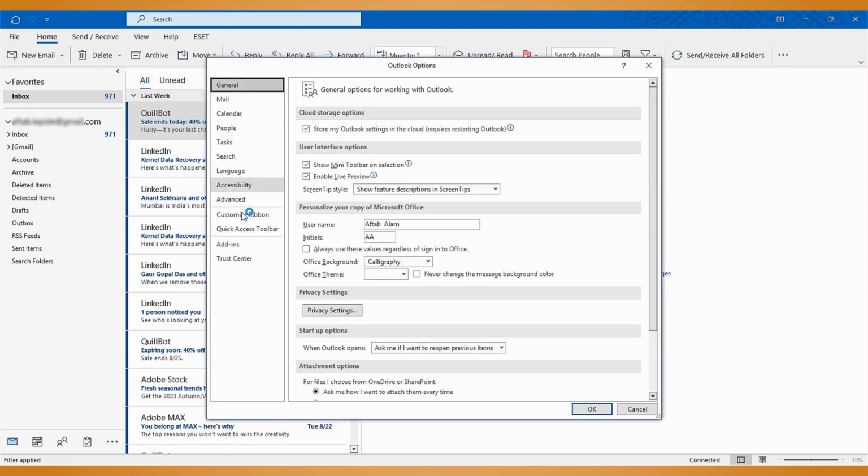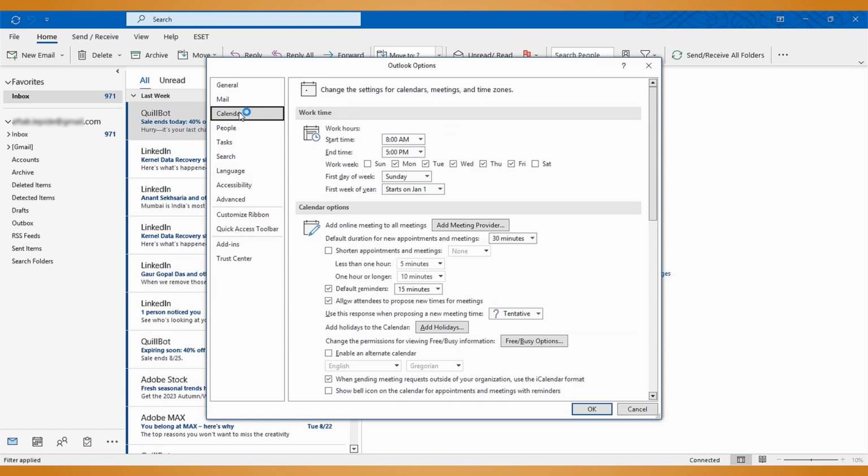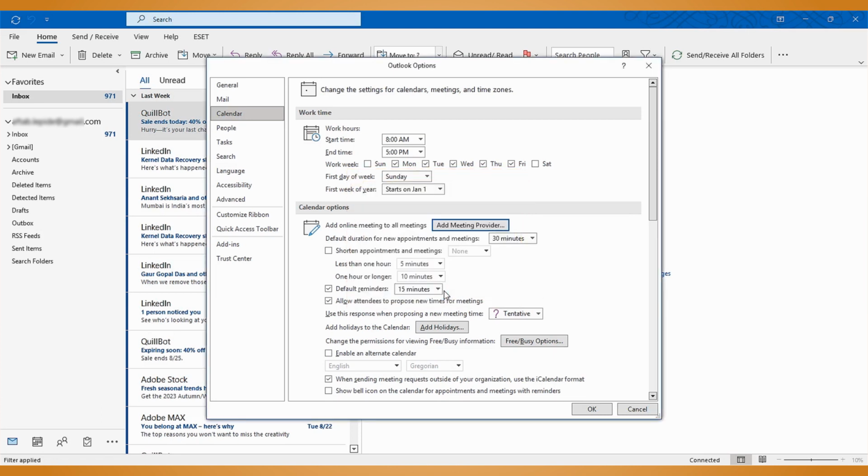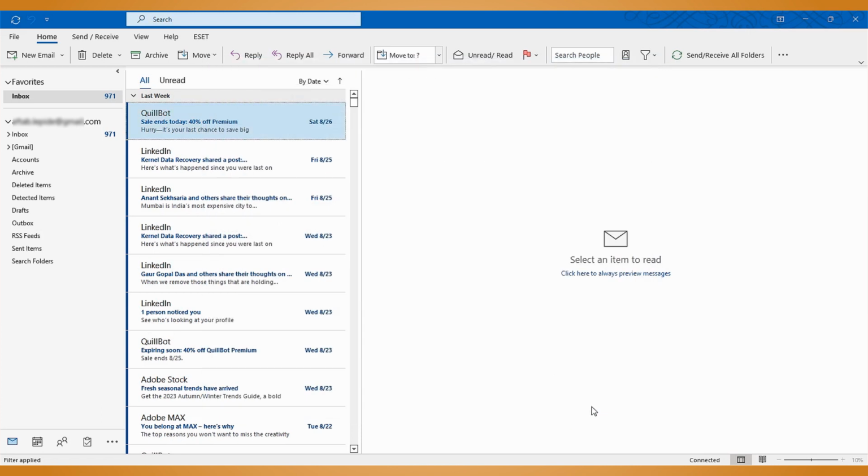In the Outlook Options Wizard, go to the Calendar section where all the settings are present. You can see that there is a feature to add online meetings to all meetings. Click the Add Meeting Provider button. Uncheck the option Add Online Meeting to All Meetings and click the OK button. Click the OK button in the Outlook Options Wizard to save the changes. Now, the